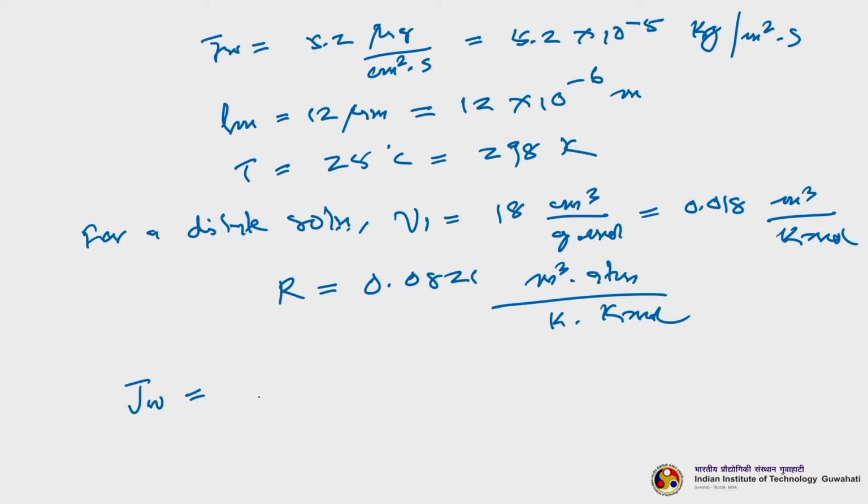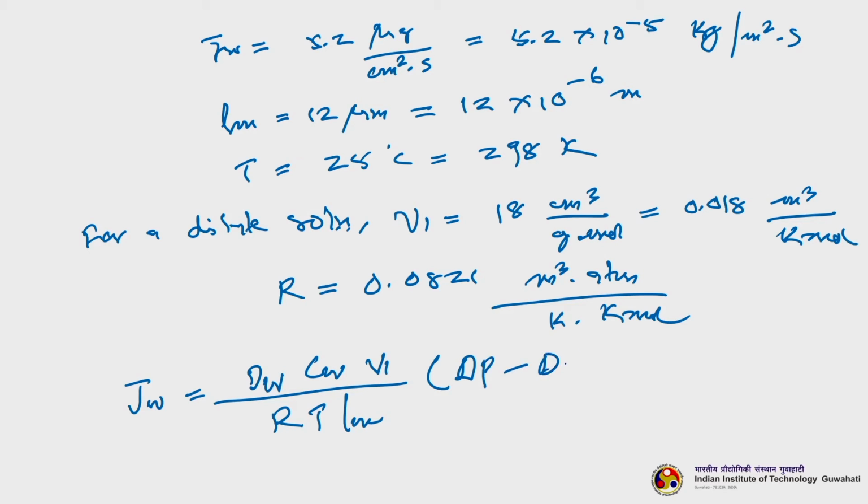So, Jw equals, again I am just writing, dW Cw V1 divided by R T, Lm is the membrane thickness, then delta P minus delta pi. So, just substitute 5.2 into 10 power of minus 5 equals dW, that is what we do not know, we are calculating, okay,